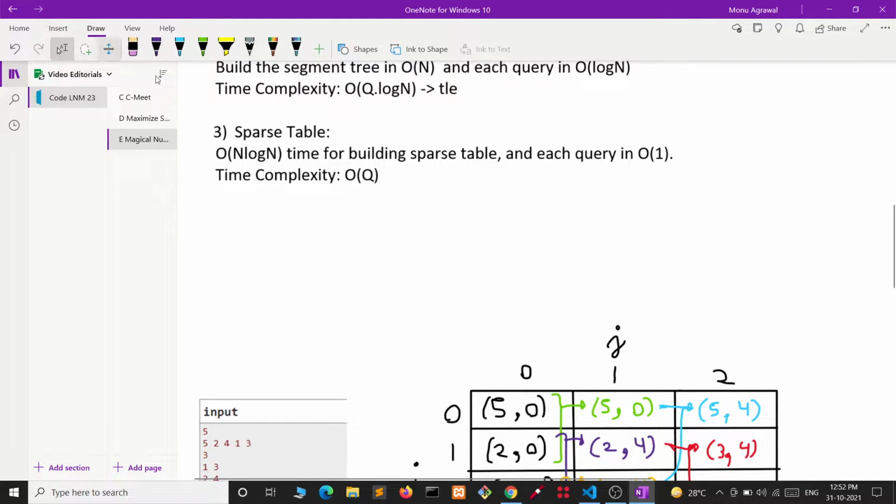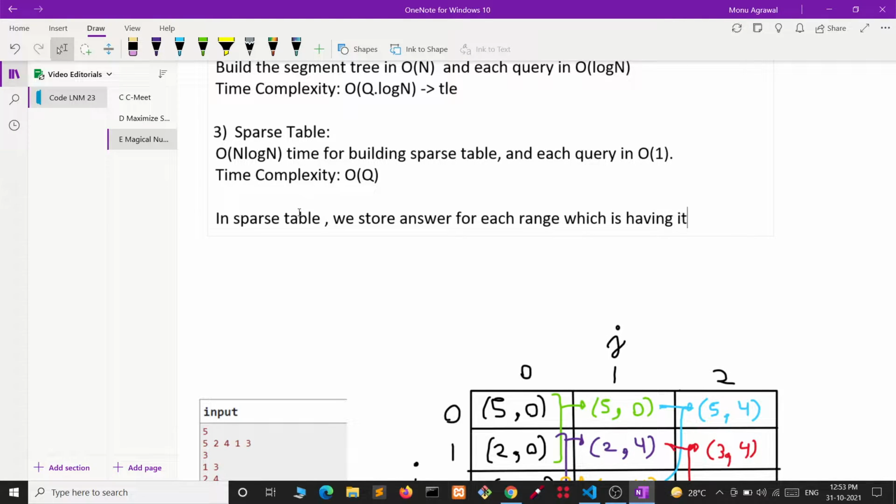We know that in a sparse table, we store the answer for each range whose width or length is a power of 2. So that's what we will be doing.